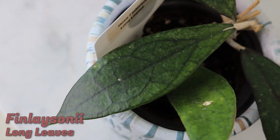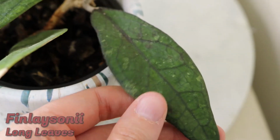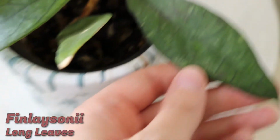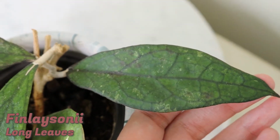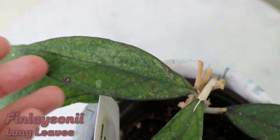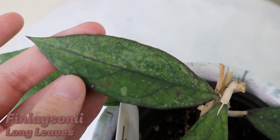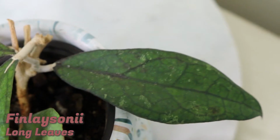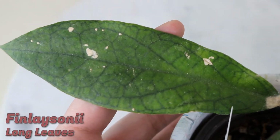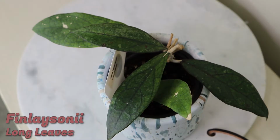Sold as a Hoya finlaysonii long leaves. This leaf and the one I'm about to show you are the newest ones in my care and my favorite ones on this plant. Look at how splashy. It's like a half moon splash situation. So cool. I love it. Those little dark spots are also some sun stress, so not to worry. This is an original leaf that it was sold to me with,